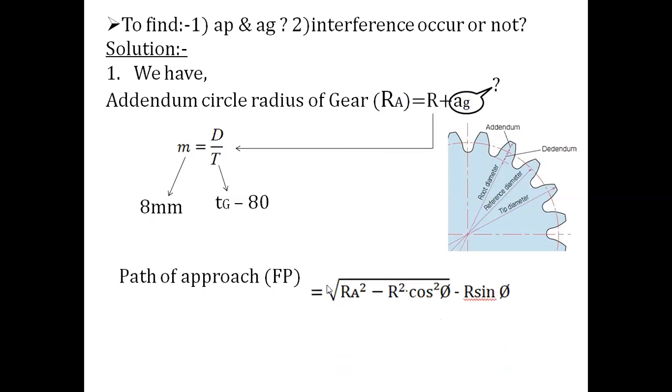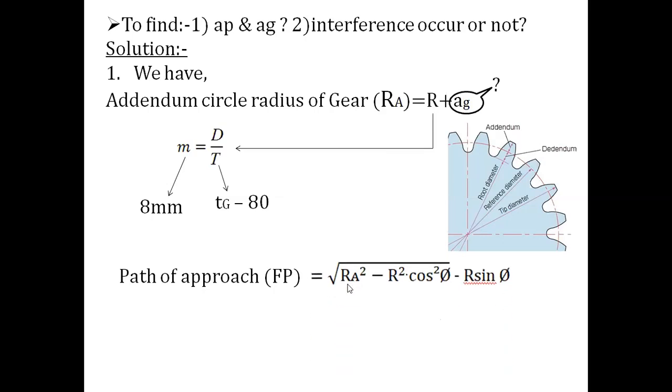In the formula, path of approach, already discussed, is under root RA square minus R square cos square phi, minus R sin phi. Now in this RA, we can put the value here. Okay, so for that we have to know the path of approach value. What is the length of path of approach? Was it given